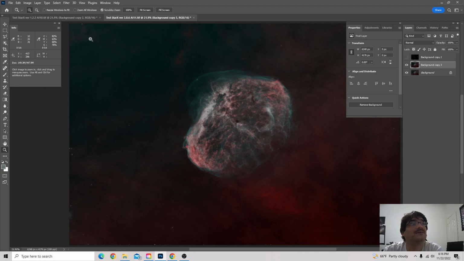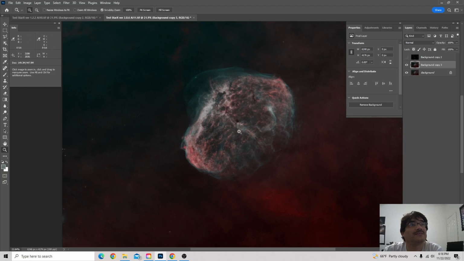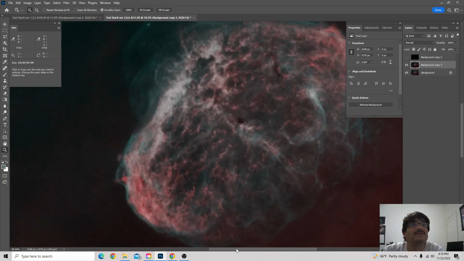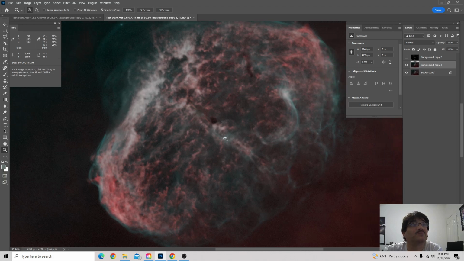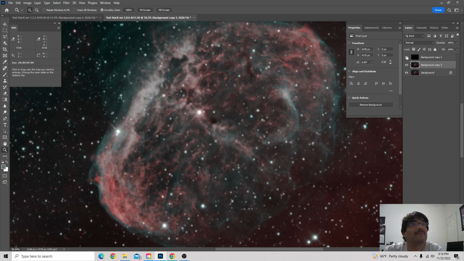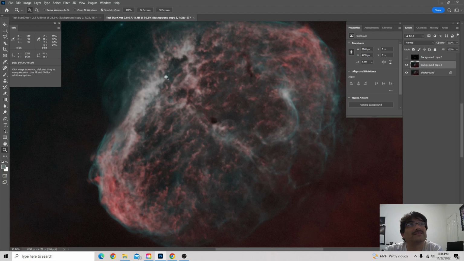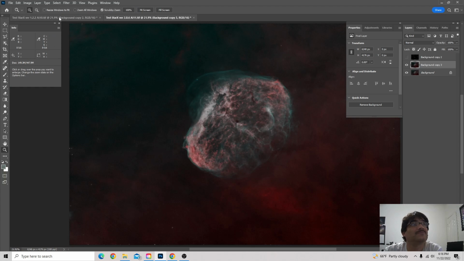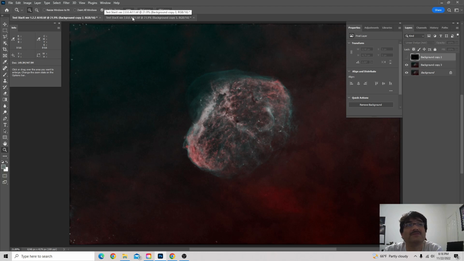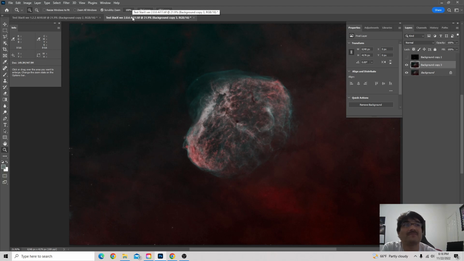So let's go back to that. Let's get a little closer here. As you can see, there are no artifacts in there. It's pretty clean. There might be one right there. Yeah, there's one right there that I see, but for the most part, they're all gone. So let's take a look at this one as opposed to this one. You can just see the difference. There's such a big difference. Hands down, version 2 AI 11